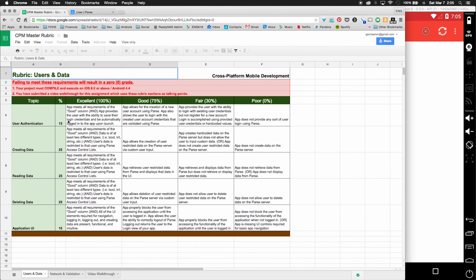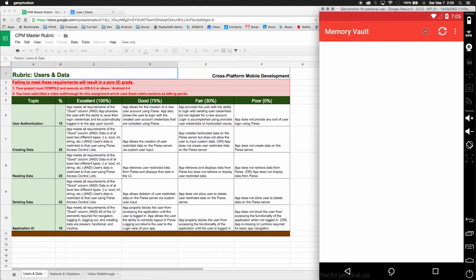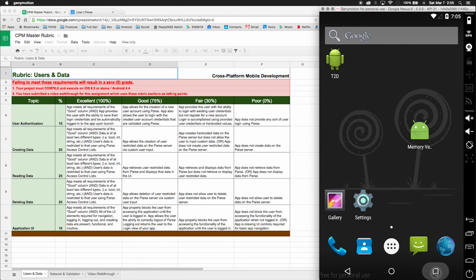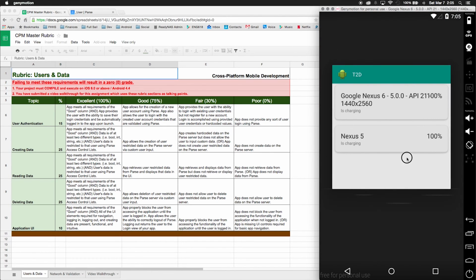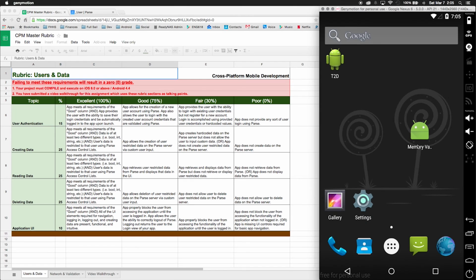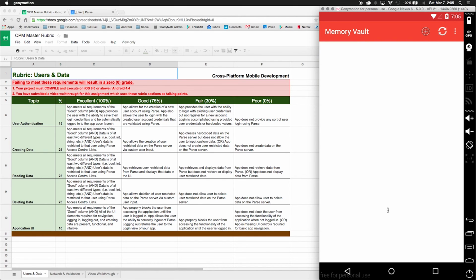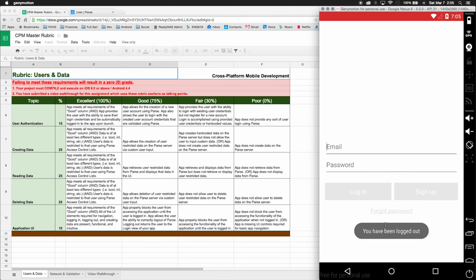Going back to the rubric for the excellent column, it allows the user to stay logged in automatically upon app launch. So we'll demonstrate that. We're logged in now. If we kill the application, come back, and launch it again from here, you are logged in. In order to log out, you go to settings and then log out, which takes you back to the main screen. I'm going to log in with a different account which already has some data,